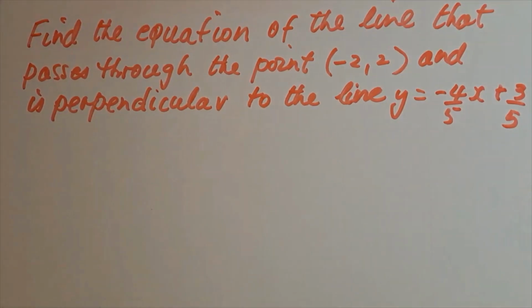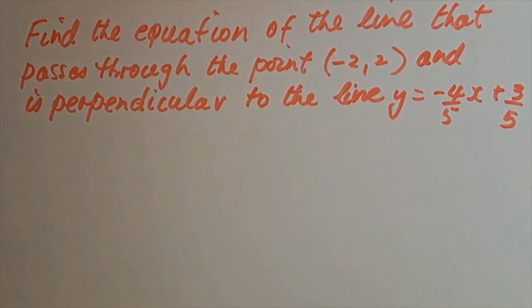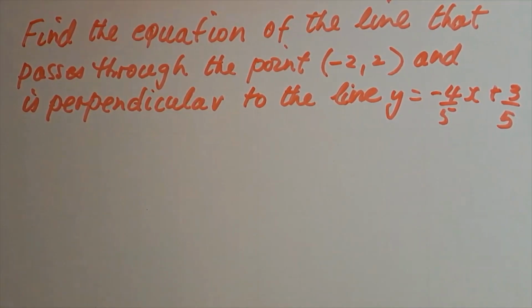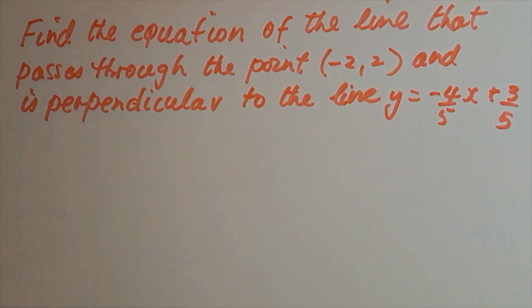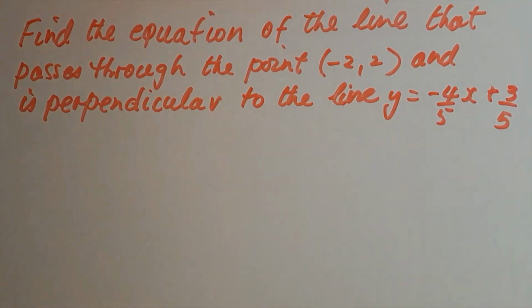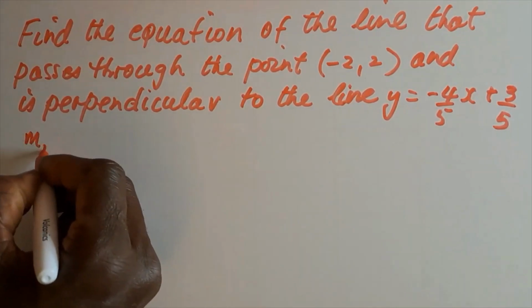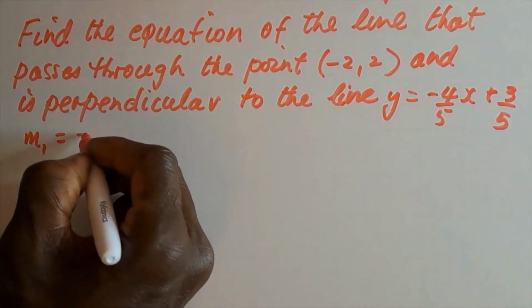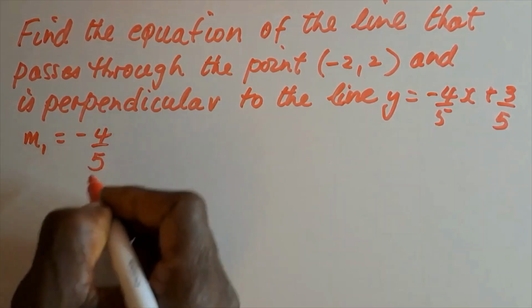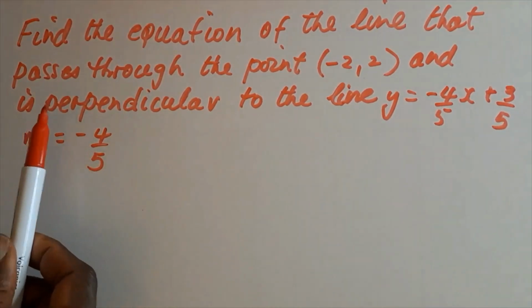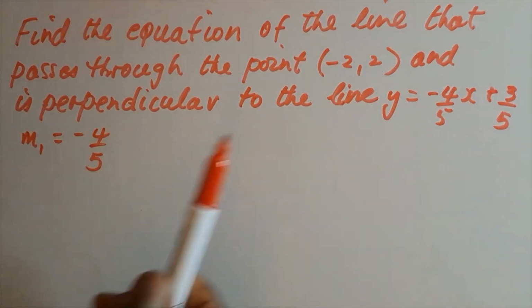Hello there. Find the equation of the line that passes through the point (-2, 2) and is perpendicular to the line y = -4/5 x + 3/5. We can read off the gradient of this line, and we'll call that m1, which is equal to -4/5. Because we're looking for the equation of a line that is perpendicular to this line, we can work